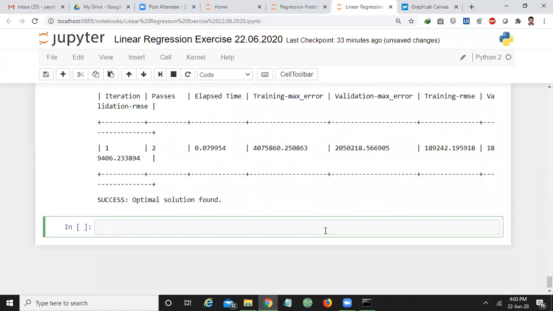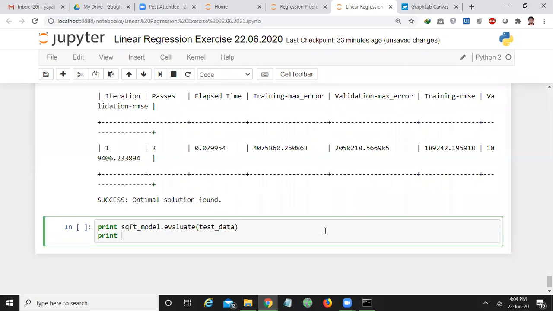Now what I will do is evaluate and compare the SQFT model based on test data, and also my features model on test underscore data.